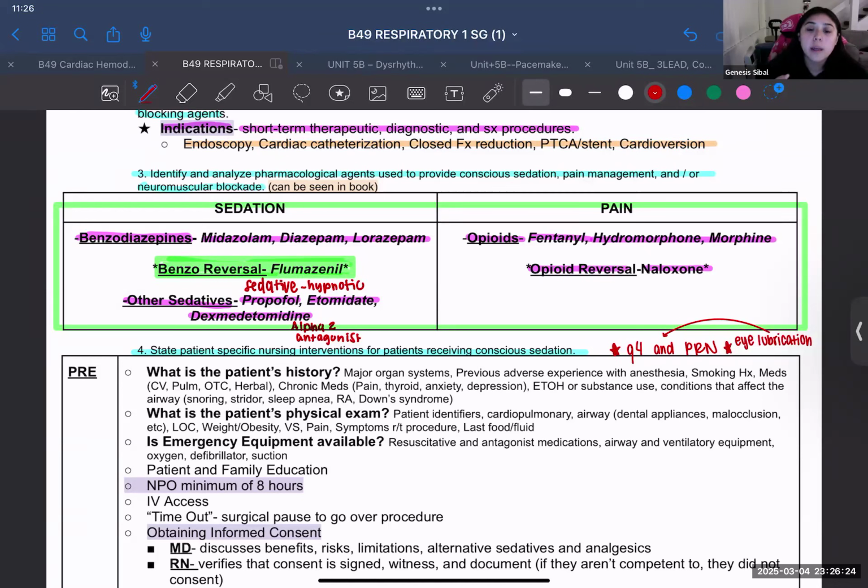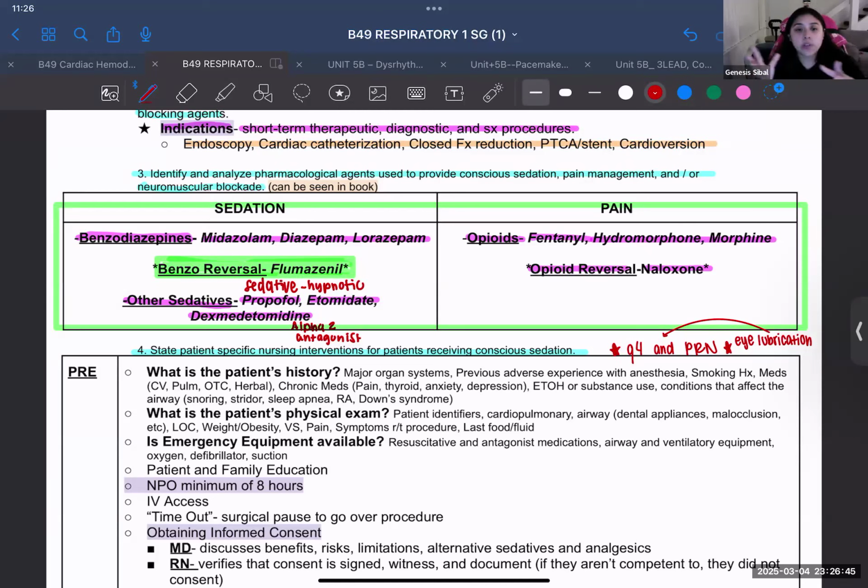Obviously, you've seen some of these meds before, like with Keppra, because you also can use them in epilepsy or seizures. But basically, for sedation, they end in the AMS. So if you forget benzos, they end in the AMS. She will not ask you other ones. She will just ask you these ones, but they end in the AMS.